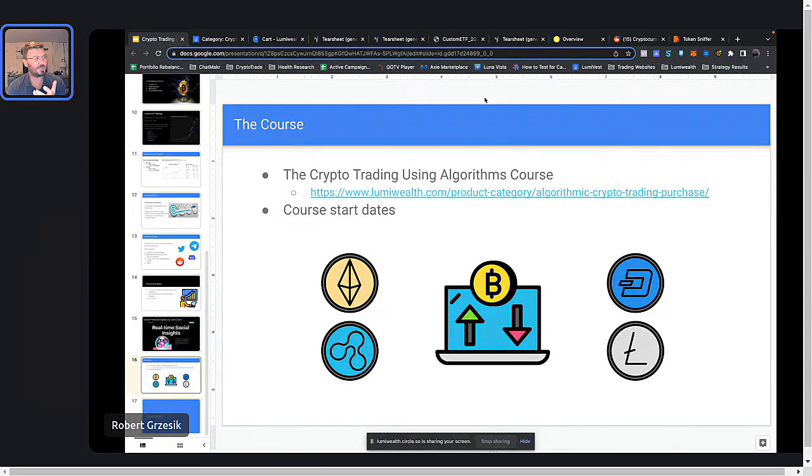This crypto class is super interesting. I love teaching it. I love the people who go through it. I feel like I learn a lot from you guys as well, teaching this stuff. We build a lot of custom algorithms as we go through it. The live classes are really cool. Sometimes what we'll do with live classes too is people will have algorithms that they want to build, and I'll just write it on the fly. So you'll see what it looks like to build a bot on the fly, and you can have a bot built for you for things that you want to have done.